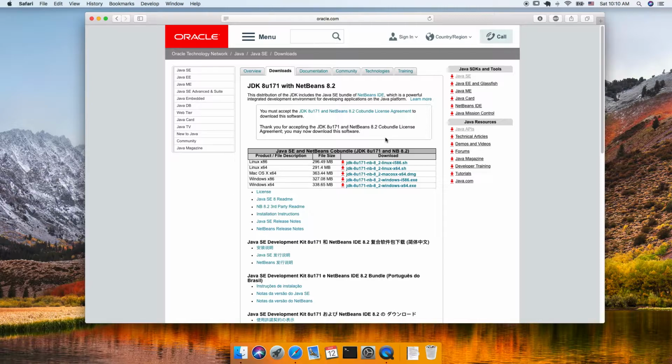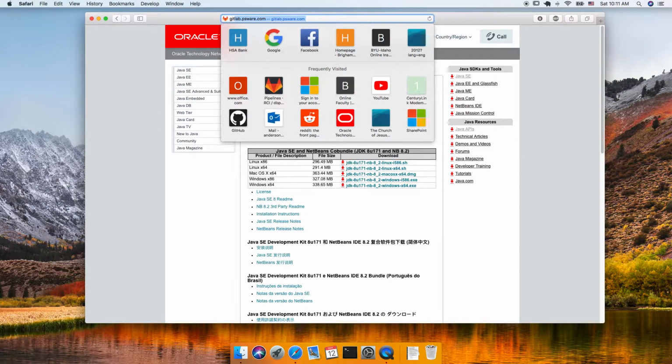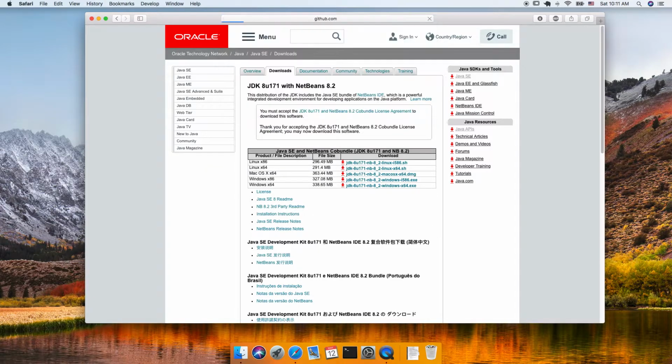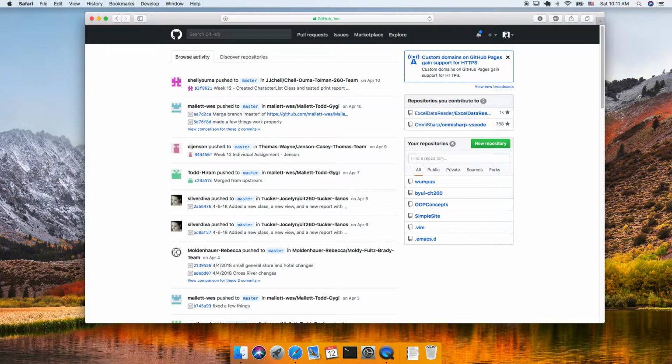So the next thing we need to do based on the instructions is we need to go create a repository in GitHub. Now, one of you on your team is the one who needs to do this. Whoever does it is fine, but one of you does it, and then the others on the team will clone the repository once it's all set up. But we're going to go to GitHub, and I've already logged in. We're going to go to New Repository,